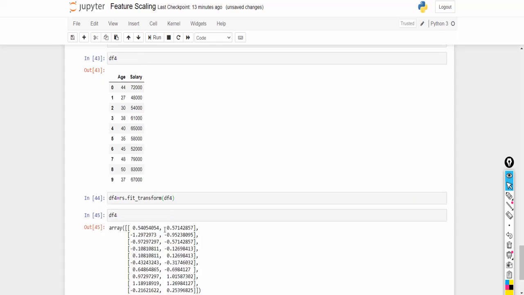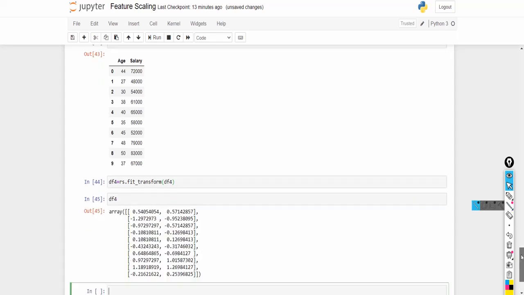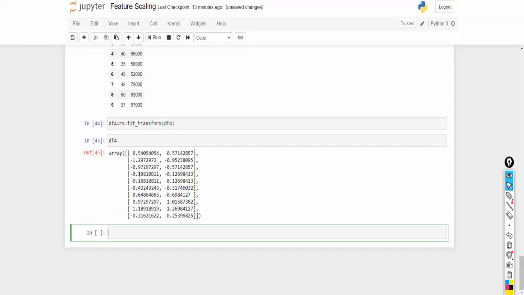Okay, so you can see, right, all the data has been rescaled. Age and salary have been rescaled. You can find the values in the range of -1 to 1, right? So it is a little above 1, like 1.1, 1.2.